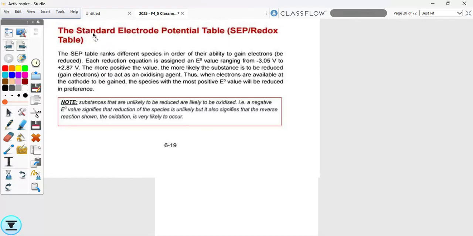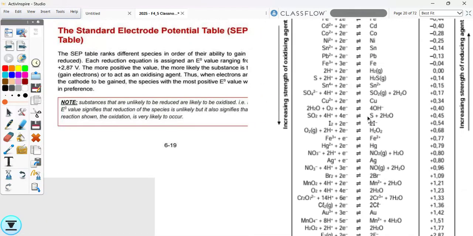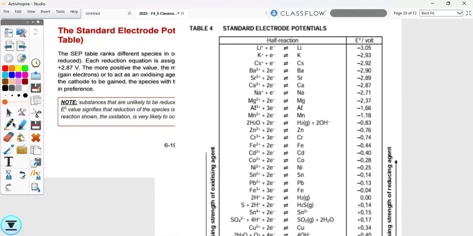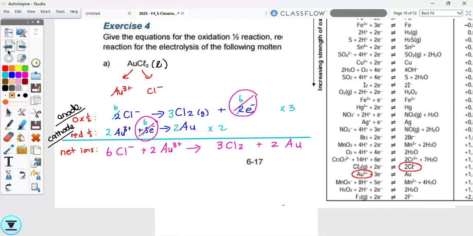That's why they call it the standard electrode potential table, the SEP table. These voltages are actually the voltage that is needed for that reaction to take place. I'm just going to use this one as an example, so if I go back to this reaction,